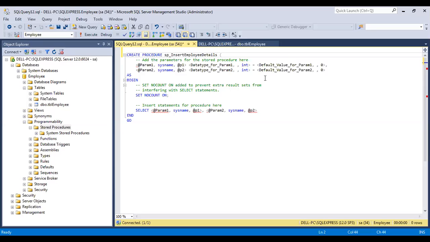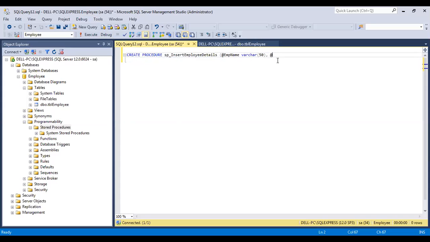For that we have to pass the variables emp id and emp name varchar 50, salary int, as